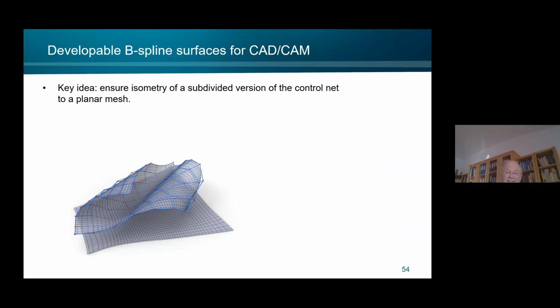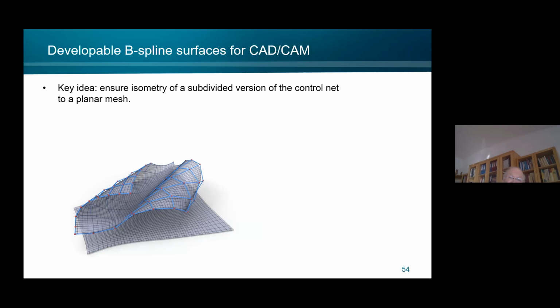Now let's briefly address developable B-spline surfaces. I have only this slide on it. A B-spline surface has a control mesh, like this blue quad mesh. And we consider here, let's say, a bicubic B-spline. Then we can think of performing subdivision, let's say Lane-Riesenfeld subdivision, twice or 3 times. Then we get the refined mesh, which is this finer black mesh here. And in order to have a developable B-spline surface, which is very close to a developable surface, we make sure that this refined mesh